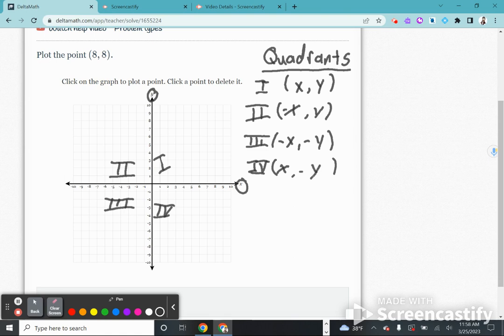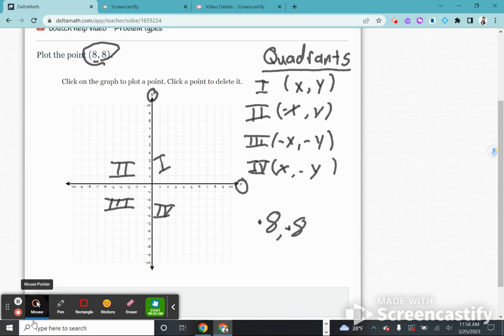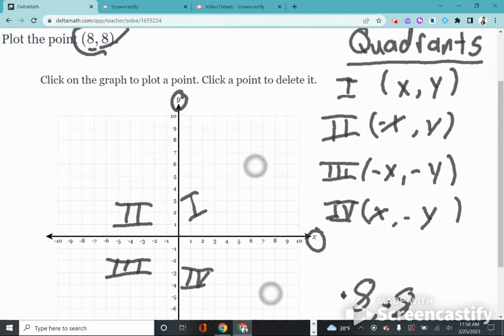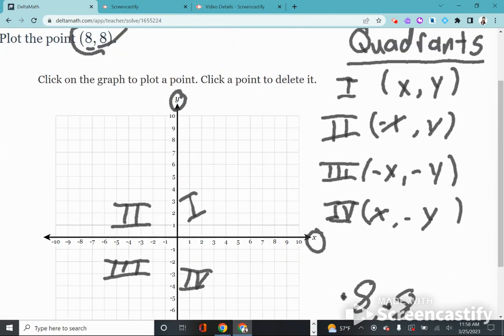Okay, so before you can decide where you want to plot a point, you need to decide which quadrant you're going to go to by looking at the values of your number. So for this point in our ordered pair, we have 8 and we have 8. Because there's no sign, we've talked about this already, we know that they're both positive numbers. And so now all I need to do is zoom in on my graph to make things a little bit easier here. So we're going to point 8 and 8. So I go to the right 8 and I go up 8 and I click my point there